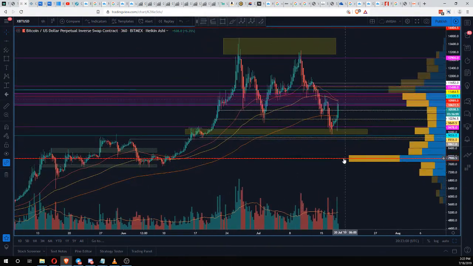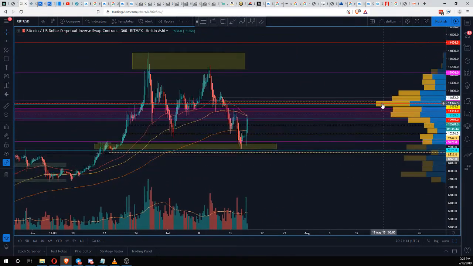So just to show you this, on a 6 hour, this is a huge volume node, and this huge volume node coincides with a ton of actual price action that we had. This is like a week of time, right? So it's the same thing here. We've got a huge node here, and this is where we're spending months. We will spend months here. We already have since June, and it's July now. So we spent almost 1 month in this time, and we'll spend at least another week ranging like this before